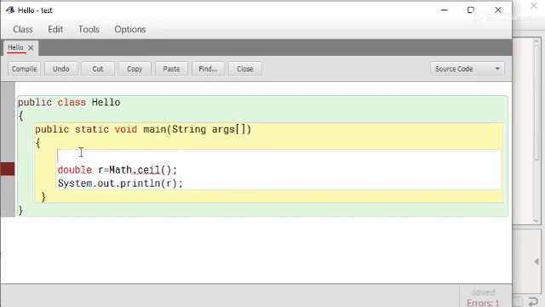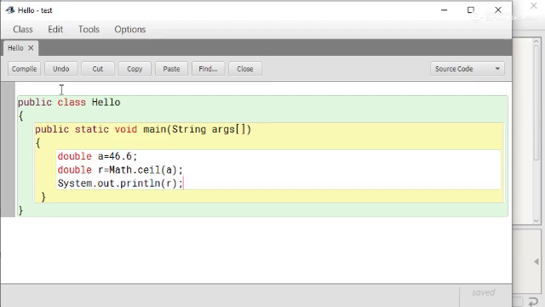Suppose before this line we add double a equals to 46.6 semicolon. After that we call double r equals to Math.ceil and pass the variable a. Now it will calculate the ceiling value of a, that means 46.6, and the calculated result is stored in r, and we can show this variable r.